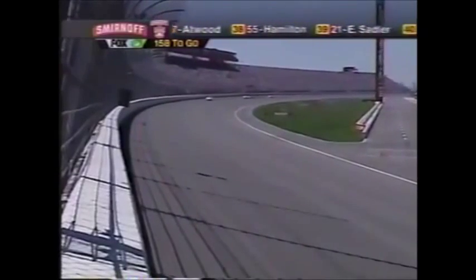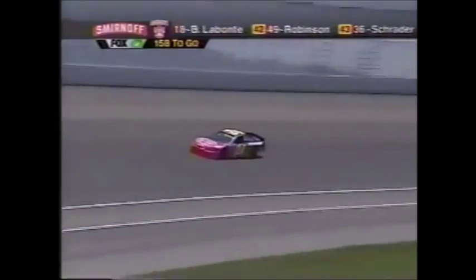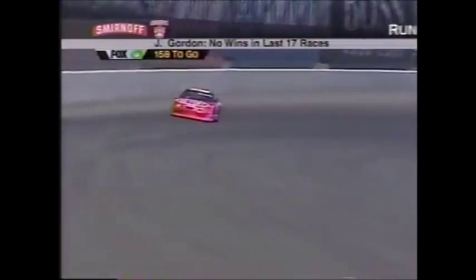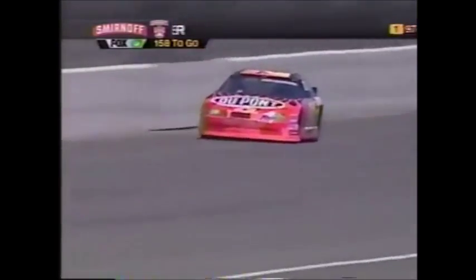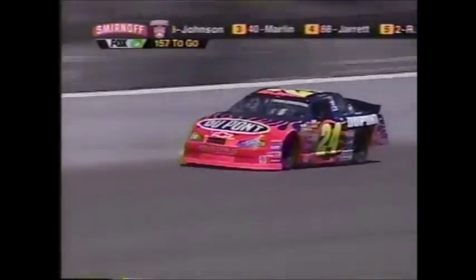team. The other thing is the car doesn't seem to be happy in dirty air. It seems to be a little happier all by itself. I believe he's fighting an aero problem here every week, Mike, with that car. He gets back in traffic and he can't drive it. Well, he's back in 10th place, 42 seconds on his last lap, 22 seconds off the